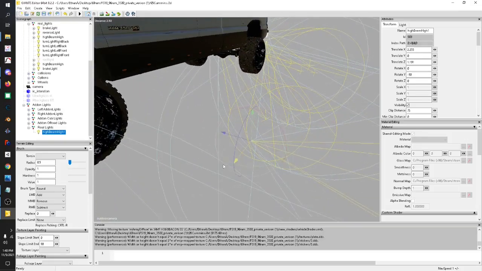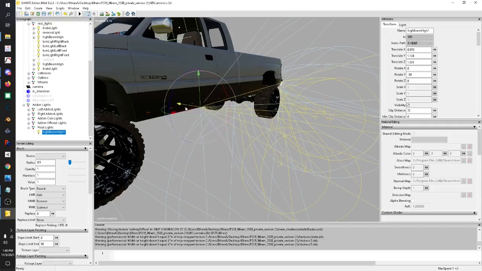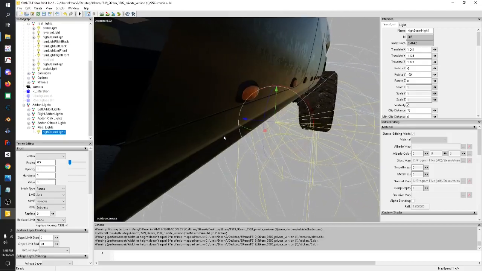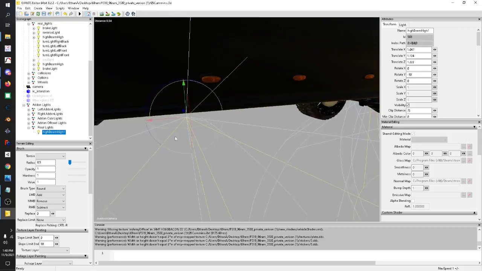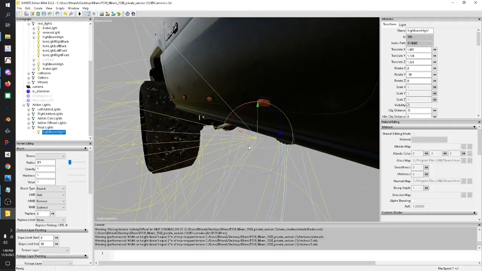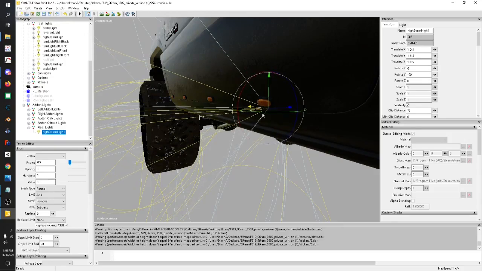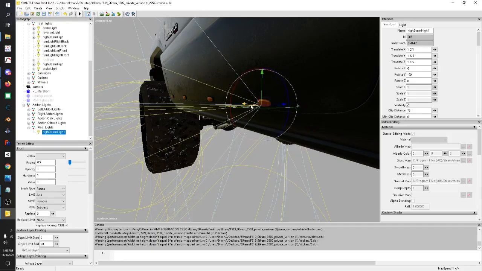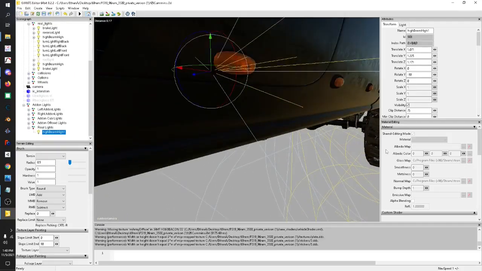Perfect. Now here comes the fun part, trying to light it up. This is why I really don't like working with real lights. Alright, so that looks lined up with the body, right? It's not that lined up with the body. If you just kind of move around and look at it, yeah, that's not lined up with the body. So it can be a little bit of a pain in the butt. Once you get used to really screwing with these, you kind of get better with it, but